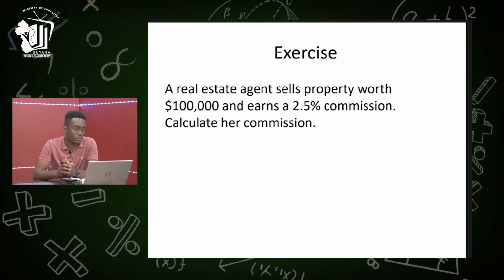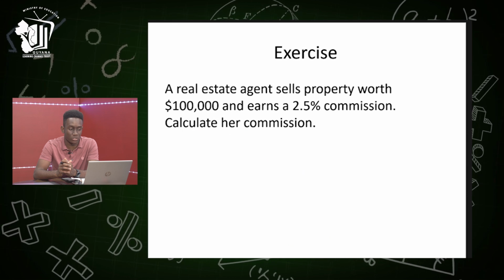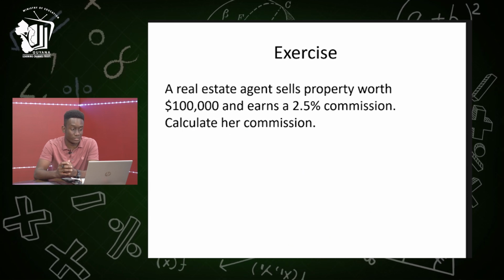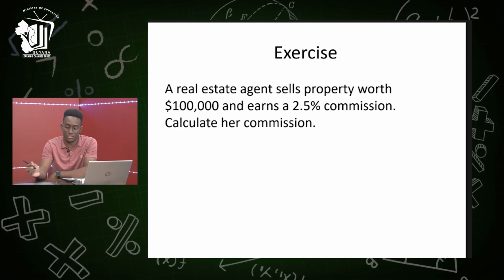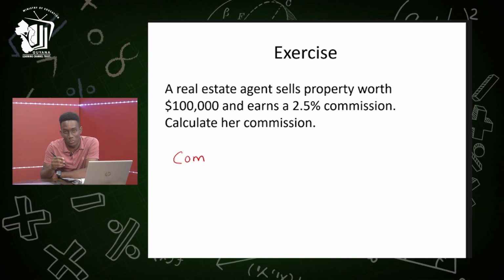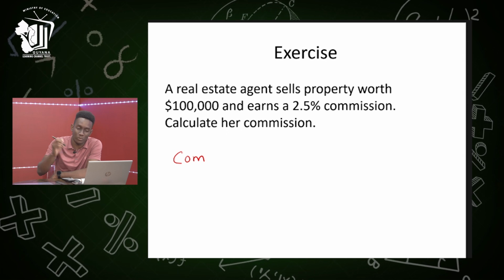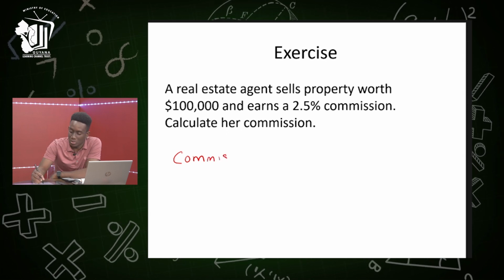So this question says, a real estate agent sells property worth $100,000 for 2.5% commission. Calculate her commission. So you can probably pause this video and try to work this one out before I finish it, to see if you totally understand commission. So her commission would be